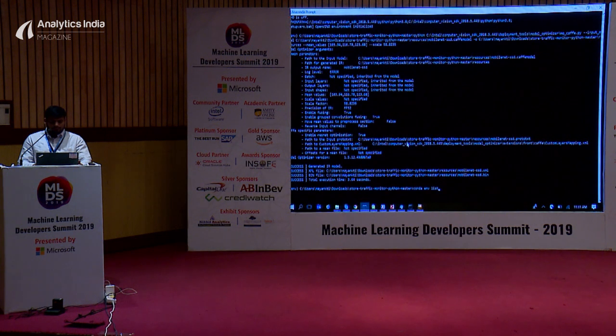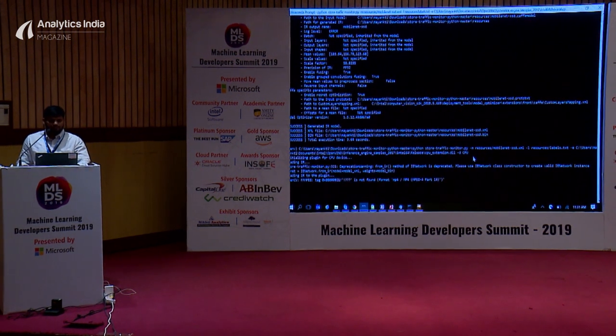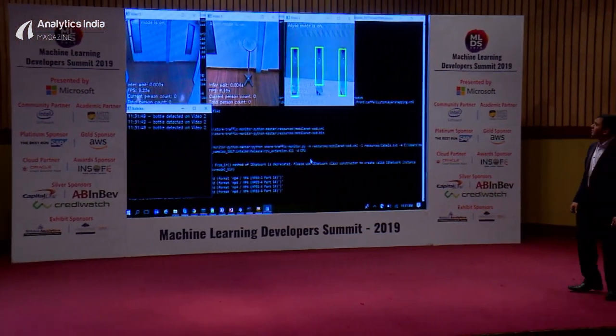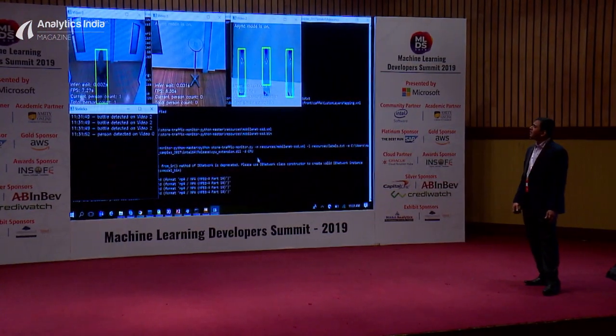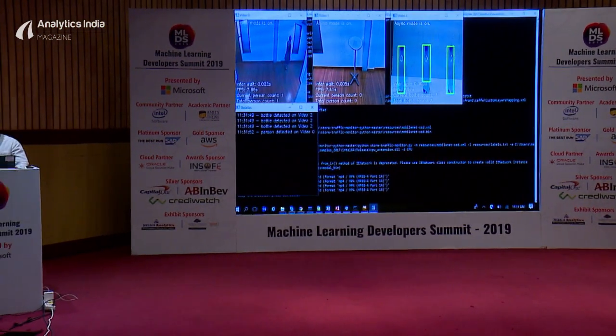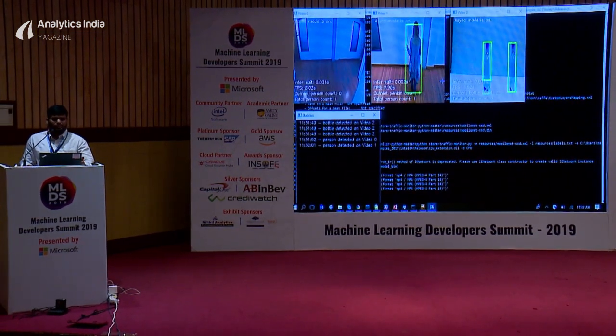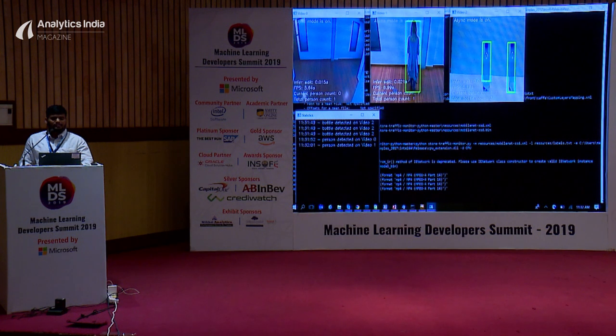So this is the command which you run, and you can see that I've given the extension -d. This was the option that I was telling you about. All that you do is change this option between the different hardware, and you get to run it on a specific one. We are having multiple channels here. The video is coming from 3 channels, and you can see that the people as well as the bottles are being counted, and the FPS you are getting is around 7 to 8 when I am using the CPU.